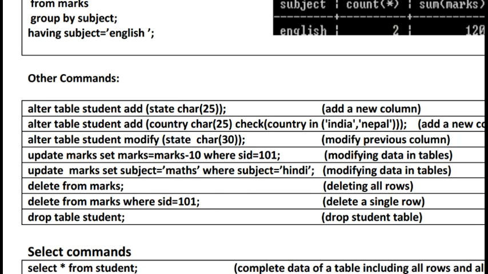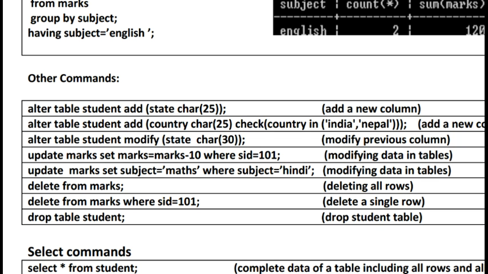You can see: ALTER TABLE student ADD state CHAR(25). This command tells us that in the student table we can add a new column, state, and the data type is CHAR(25). So this adds a new column. A question will always be asked on how to add a new column in any table. So here we must remember the structure and syntax. Examples help us remember any complex syntax easily.